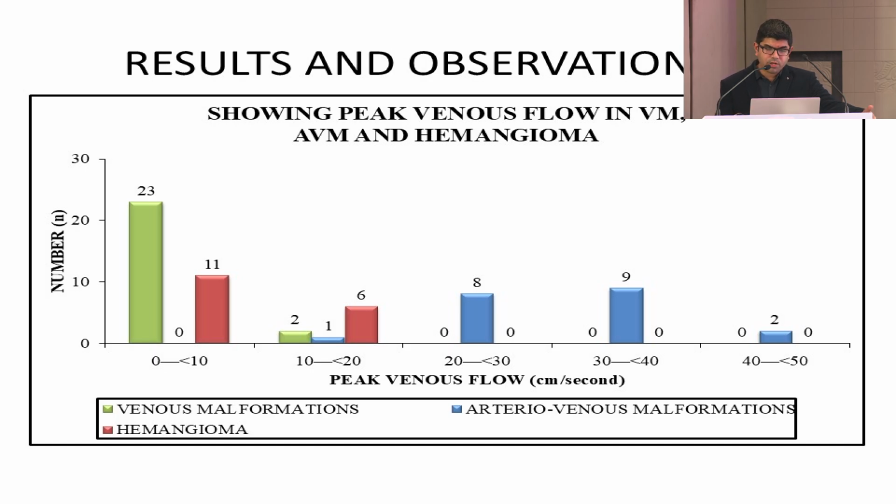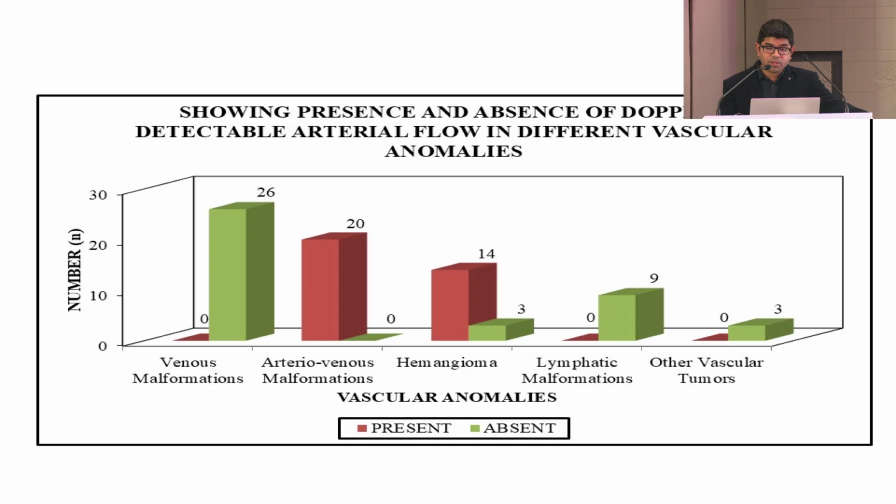Lymphatic channels, definitely macro or microcystic, usually will not have any flow unless it's a complex one that is a venolymphatic, and the majority of them are mostly venolymphatic at times. Now, peak arterial flow: as I already told, this confusion only comes with the hemangioma in the aggressive or proliferating phase, or if it is a non-involuting variety of congenital hemangioma. So they have a high vascularity. Sometimes confusion may be there with arteriovenous malformation, that is a high flow vascular malformation.